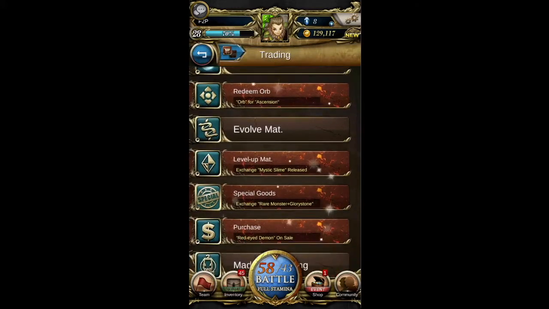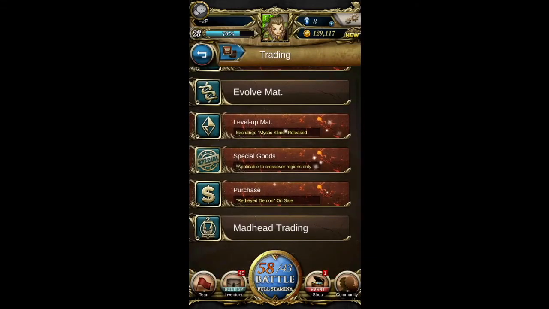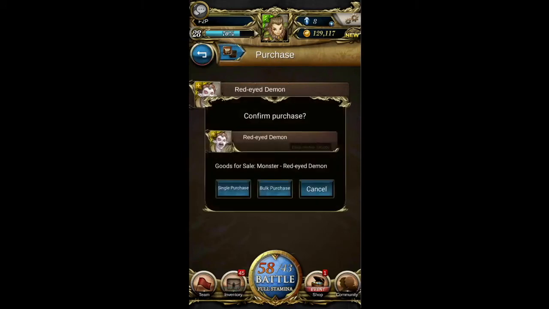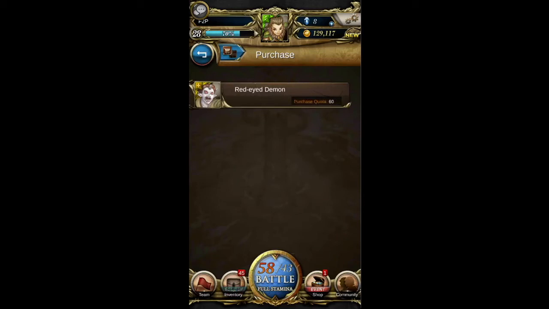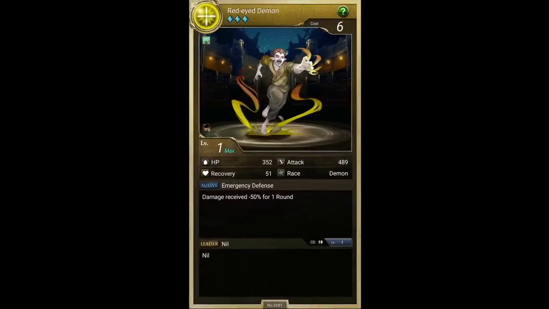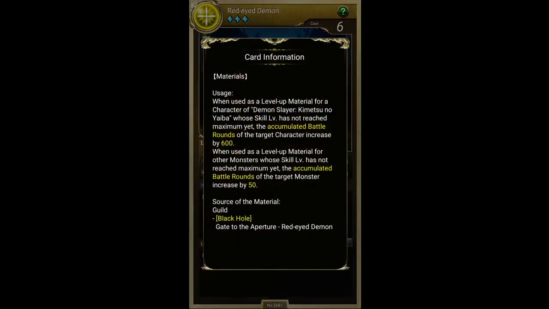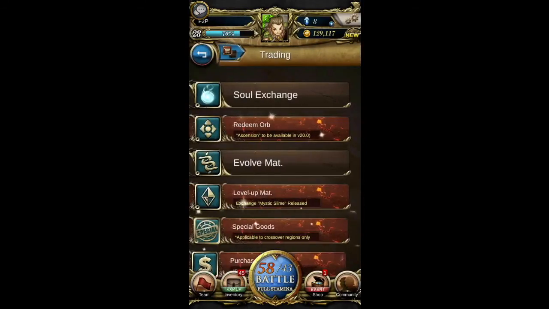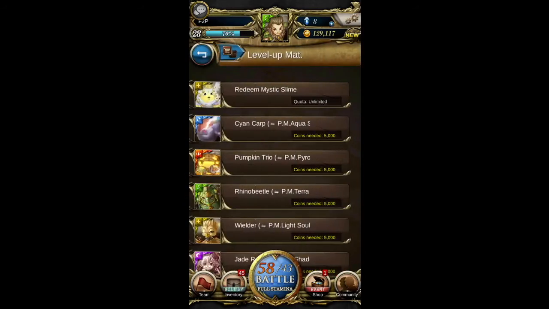is to look in here under purchase, this tab, where you can purchase these red-eyed demons. Obviously, you have nowhere near enough money for even one of these. But you can purchase them, and then you look here, click on this for more info. For Demon Slayer characters, they increase the accumulated battle rounds for the target character by 600. So for these special level up materials, which will probably become obsolete with the addition of these mystic slimes,